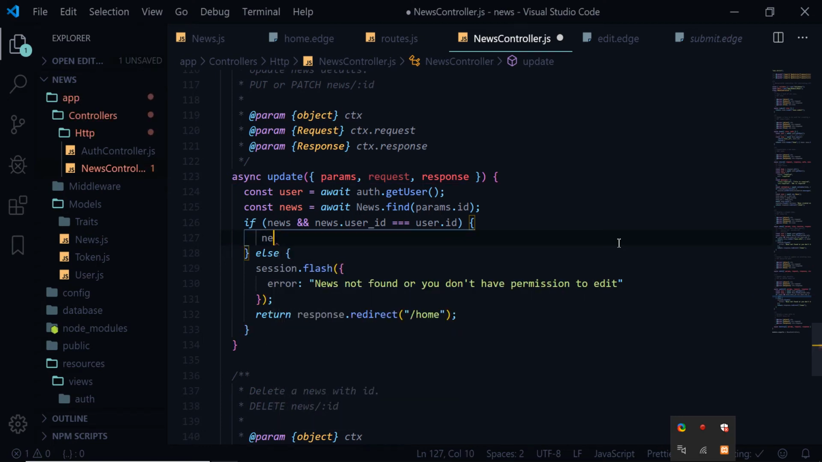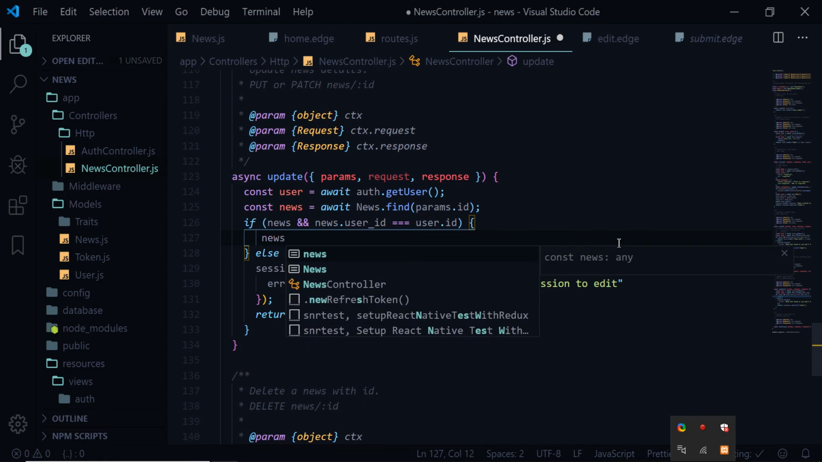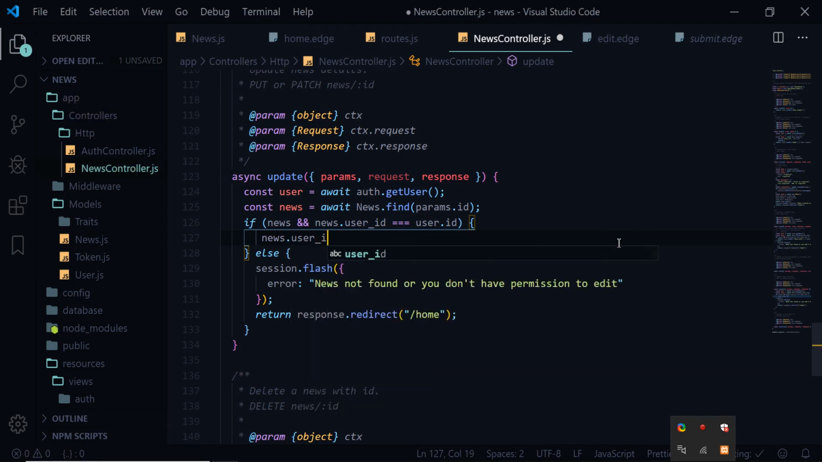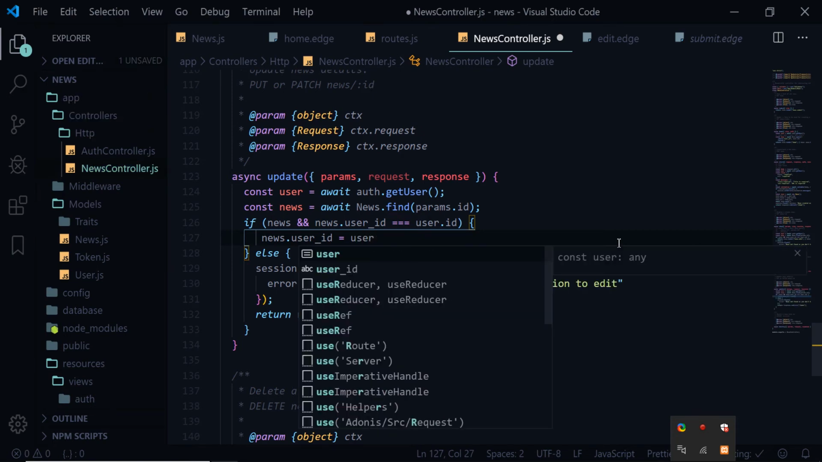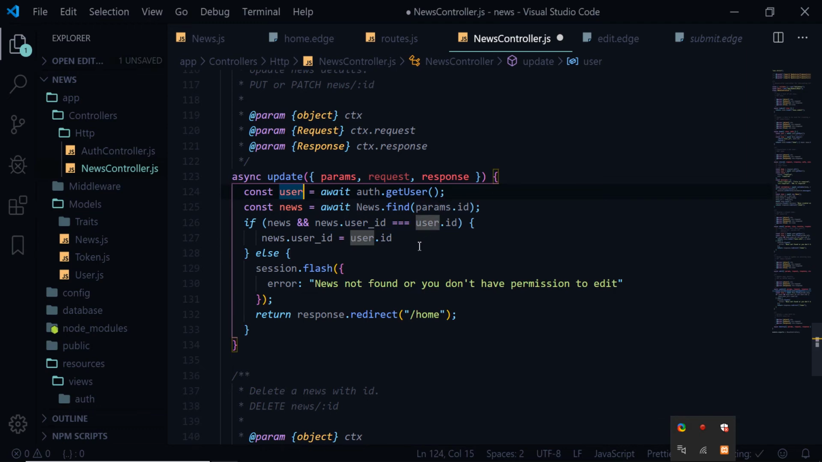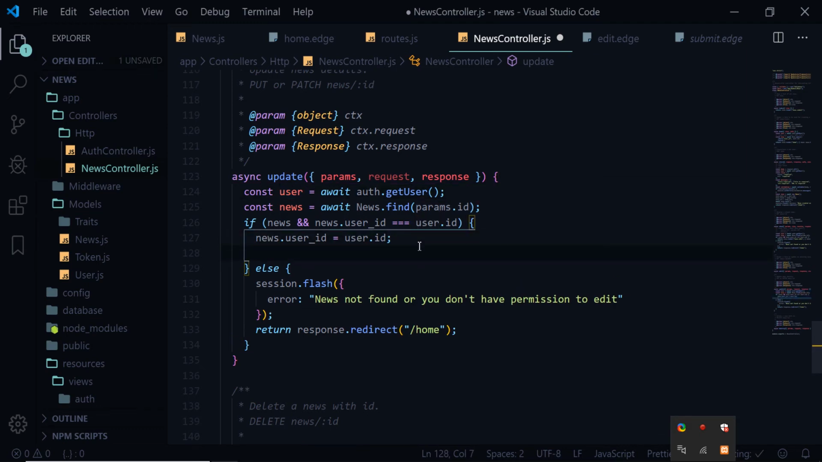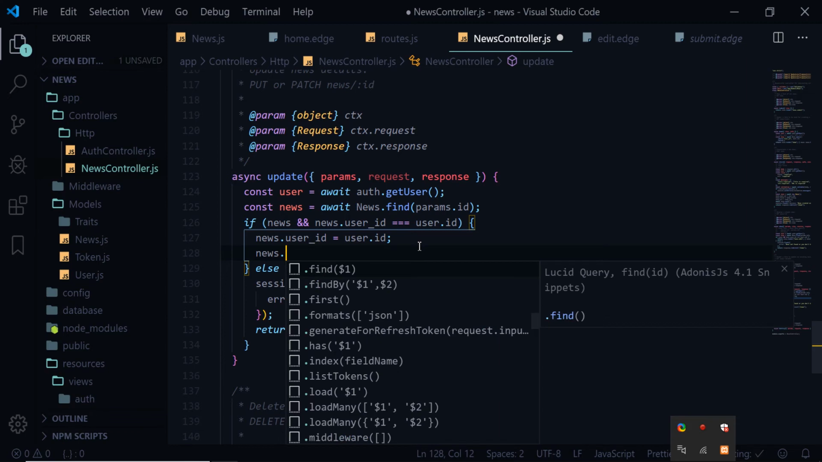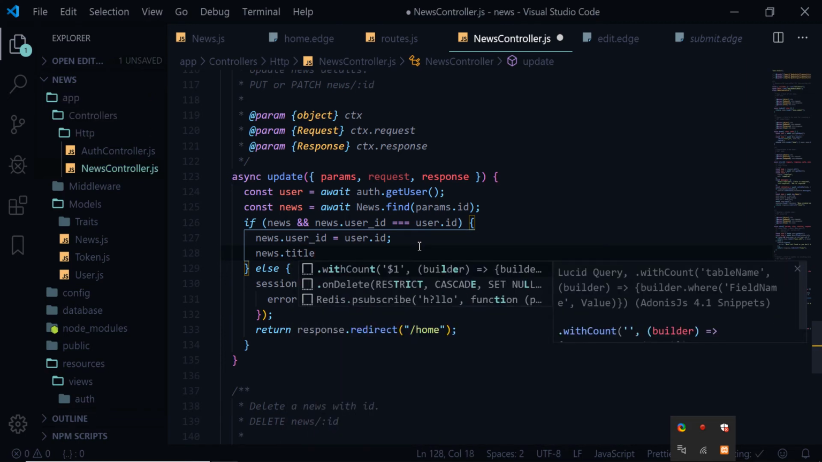So we need to say news dot user ID equals user dot ID. We don't need to change this, but since we have the same user ID, we can just do that. Alright, so we can do that. And news dot title equals,